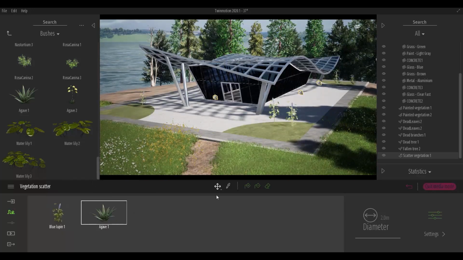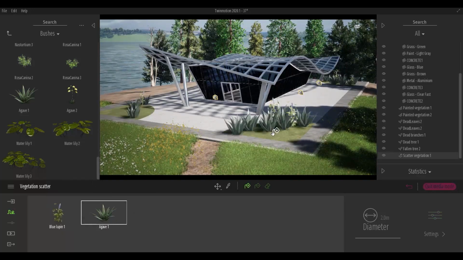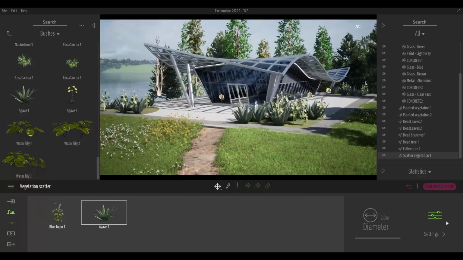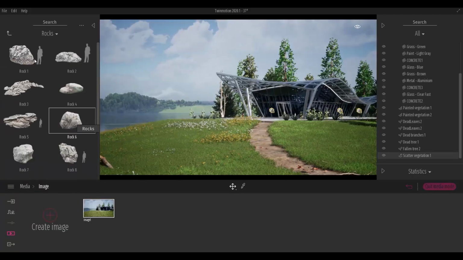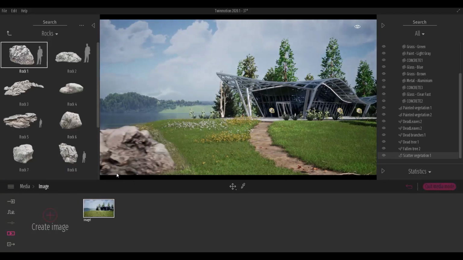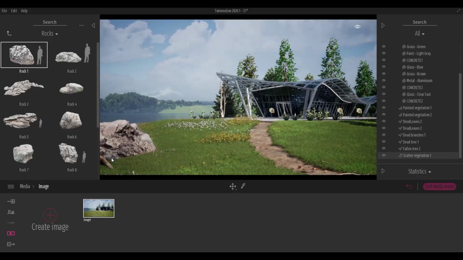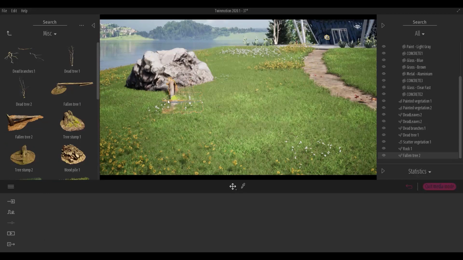I found this exotic plant for the landscape. They were too big, so I shrank them. Once I did that, I also added some stones and rocks for the environment. I also added a photo-scanned lumber near that for the first scene.